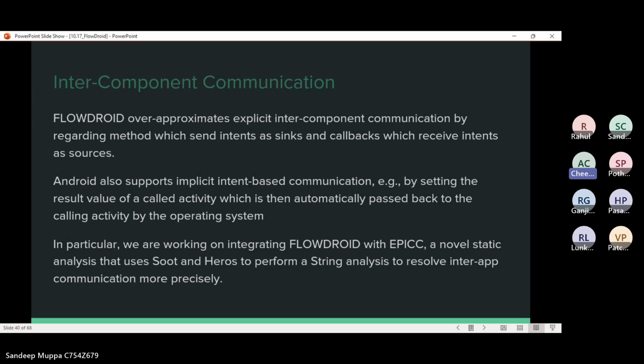By integrating FlowDroid with EPICC, the goal is to improve the analysis capability and provide a more precise understanding of inter-app communication. This improves the overall accuracy and effectiveness of analyzing Android applications for potential security vulnerabilities and data leaks. The next slide.